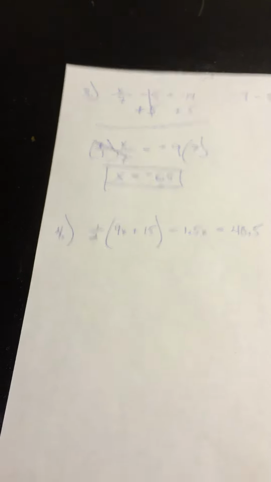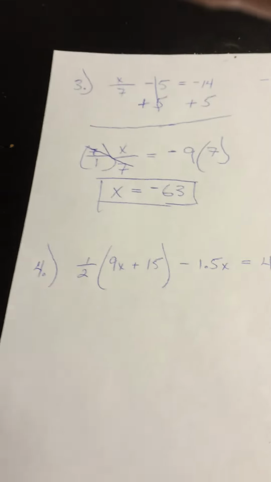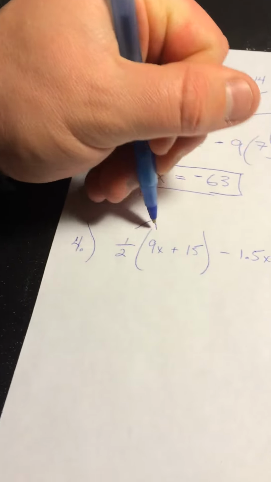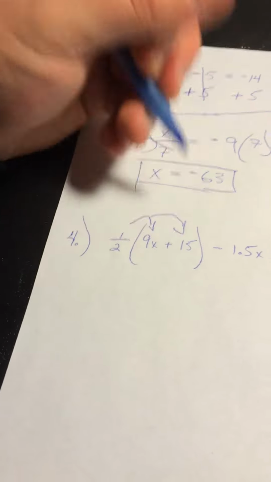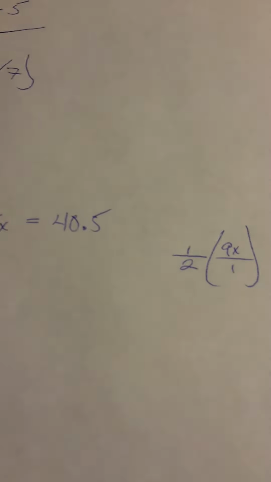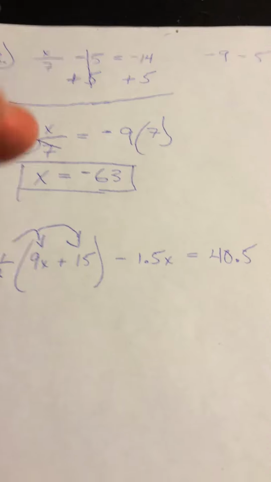Here is number 4 from the quiz. Again, it's a lot like number 1 in terms of having the use of the distributive property. You could, and I'll show it at the first part, my work over here with 1/2 times, again, 9x over 1. But with problems like this, I'm really going to encourage you to think about